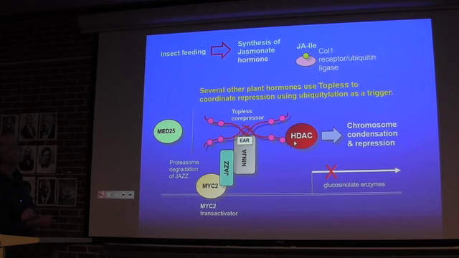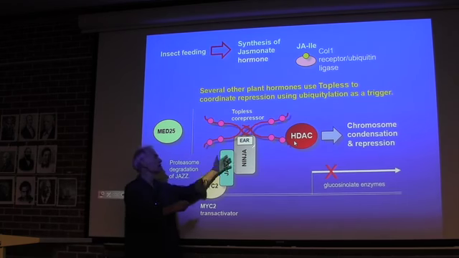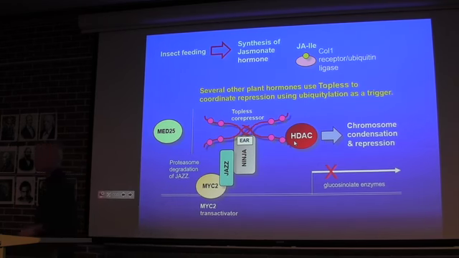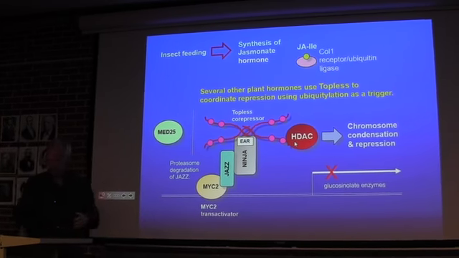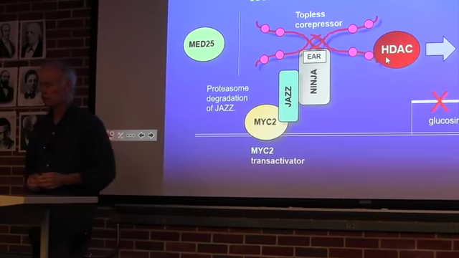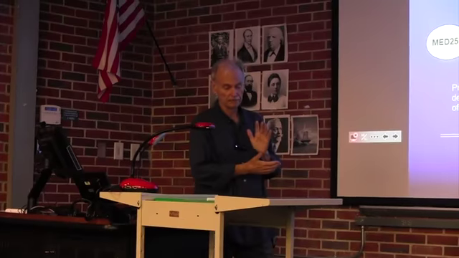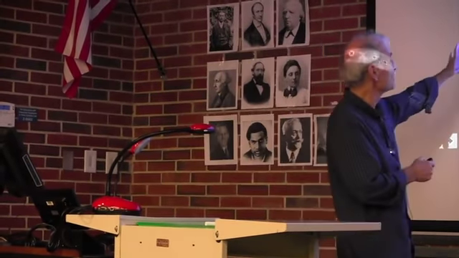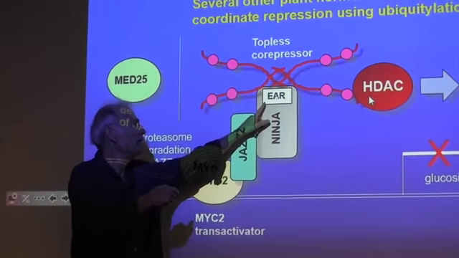Several other hormones use TOPLESS. I won't go into these, but instead of JAZ and NINJA here, TOPLESS works in several different hormone pathways. Another one is auxin, and abscisic acid is another wound response signal. In some cases, it recruits MED25, but the detail I want you to know now is EAR,